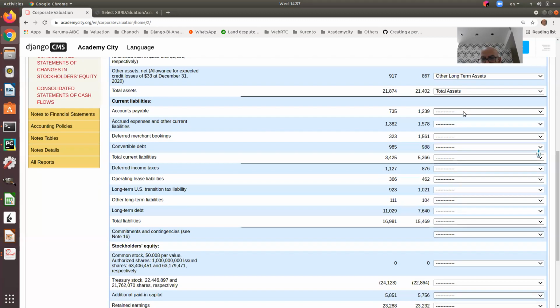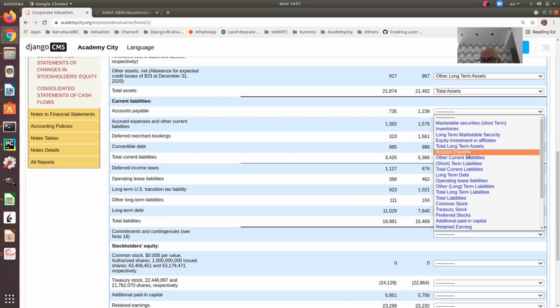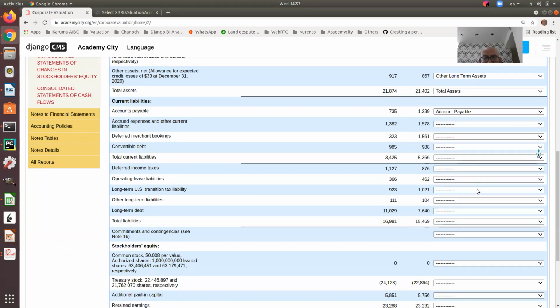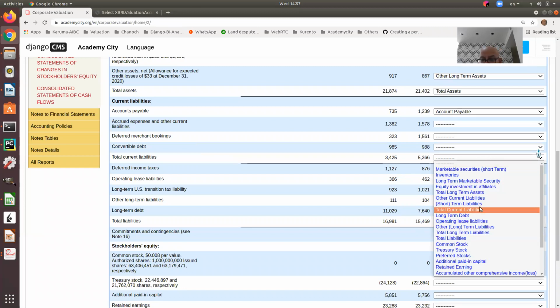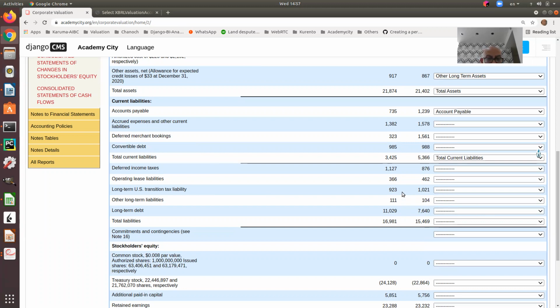Account payables, we have account payables. Right there, account payable. Okay? Accrued expenses, I don't care. I don't care. Convertible debt, usually it's important, but I'm not collecting. Total current liabilities. This is important to choose. I should have total current liabilities. You see? I'm choosing it. Next,